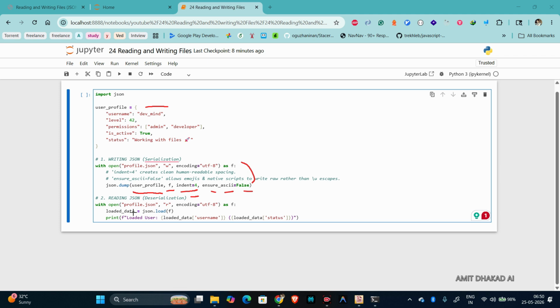So with open profile, we are reading here. We need to change the mode. Here we used w for writing the file, and here we are reading, with encoding utf-8. So for loaded data, we need to use json.load. We need to pass the file and it will load the data. Okay, so after that, we are printing the username and status from the loaded users data. So if we run this code,